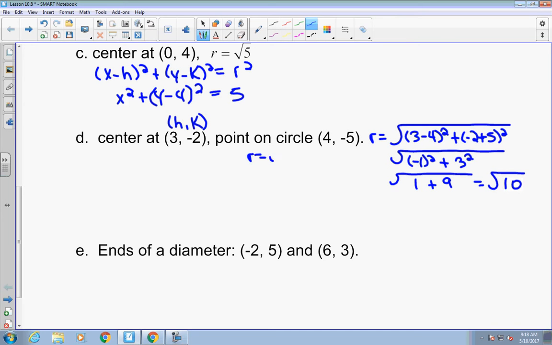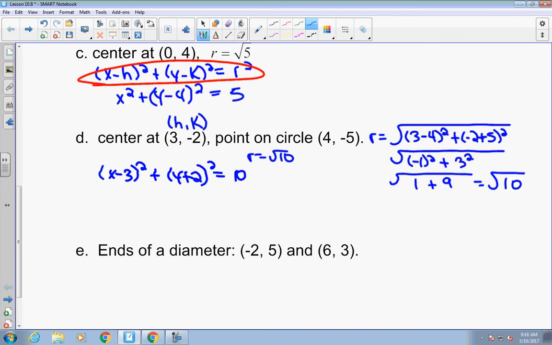So my radius is radical 10, and I've got my h and my k, so now I want to plug it into my equation. Remember, this is your equation up here. So what would that look like? x minus 3 quantity squared plus y plus 2 squared equals, when you square the radical 10,